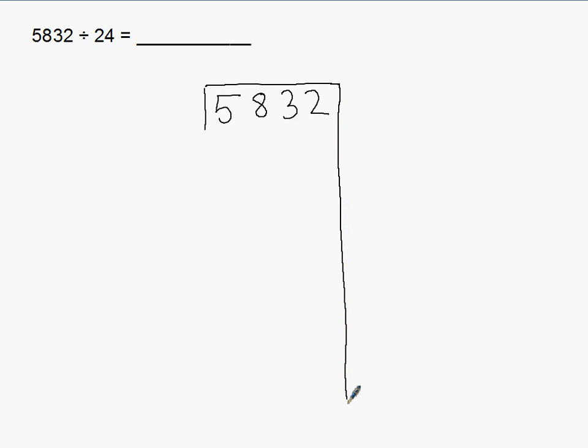Alright, Super 7, 1, 2, 3. Let's take our 5,832, and we're going to put it up under what looks like a 7. So I would call it Super 7. Now I'll come over here, I'm going to put 1, 2, 3, and I'll put my divisor 24 right here,